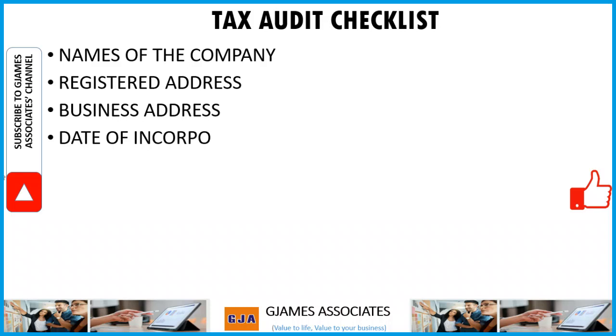You need to know when they incorporated, especially if that is their first year of paying tax and filing, so you can confirm they got their commencement period and commencement rule very well. Of course, it has been made easier now that we have the new Finance Act, but nevertheless, we still need to know the date of incorporation so that we can begin